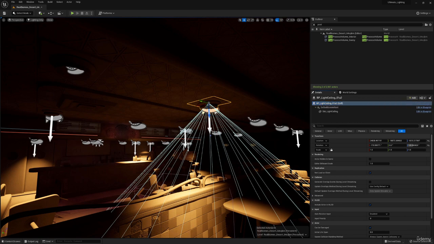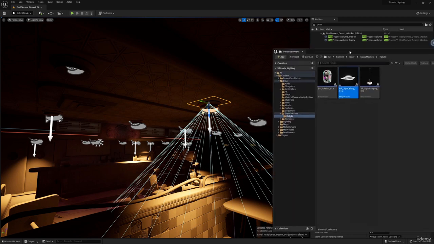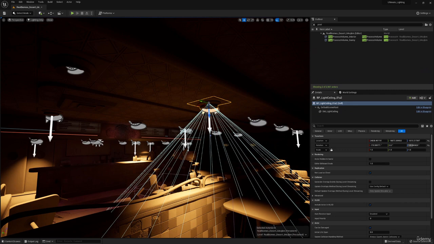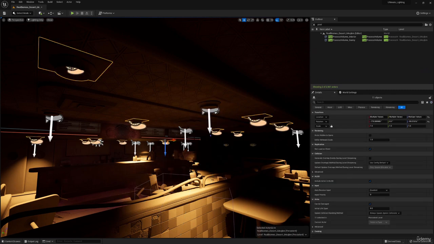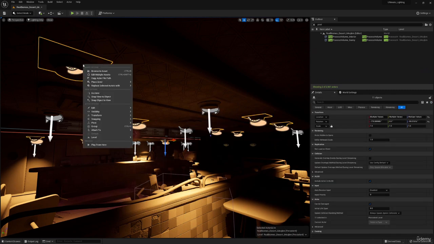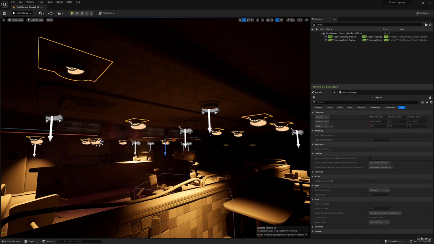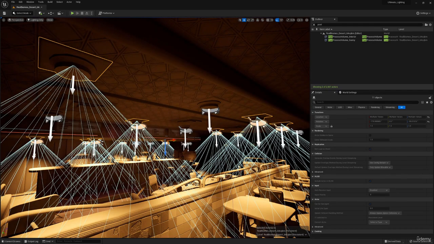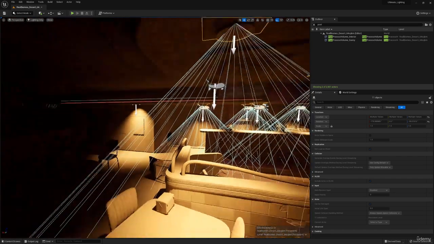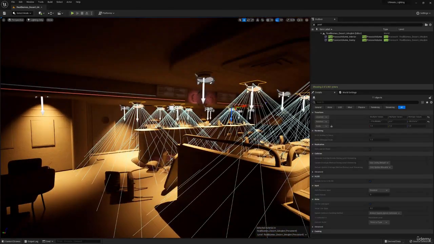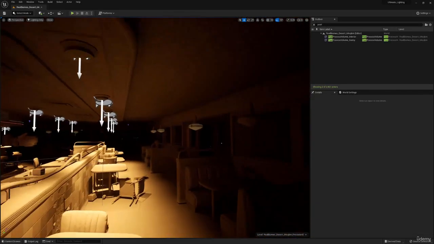and browse it. So we have it here. And then we click these ones, do this, and then we should be able to replace selected actors with this one. Boom. All right. So I recommend this highly to just use Blueprint light sources because it just is so much